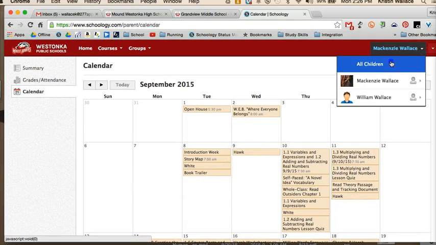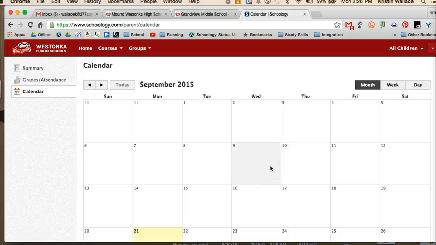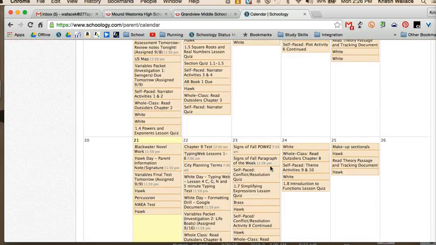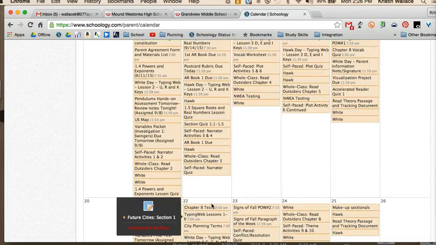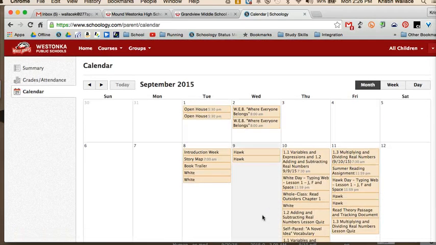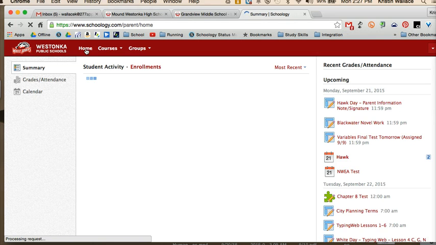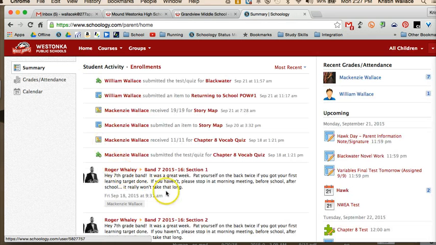And then finally, if I look at both kids, this can get a little bit overwhelming. And so at the bottom here, you can color code certain assignments if you'd like in order to differentiate. I'd also highly recommend the app for Schoology if you have a smartphone. That's another good way for you to take a look at what your students are missing or what homework is coming up. So those are just a few pointers on how to use Schoology, and if you have any questions,